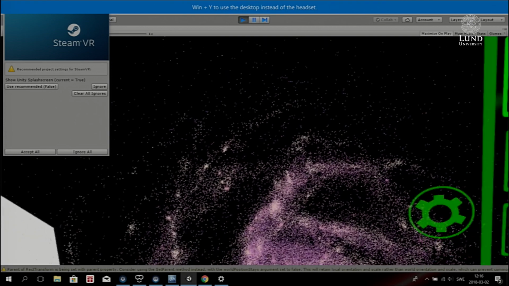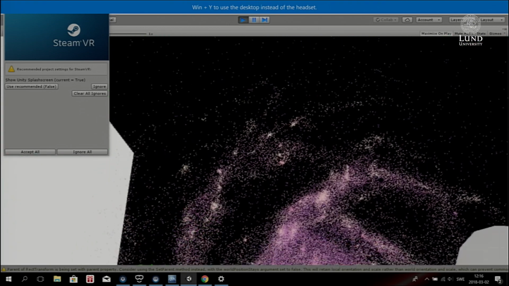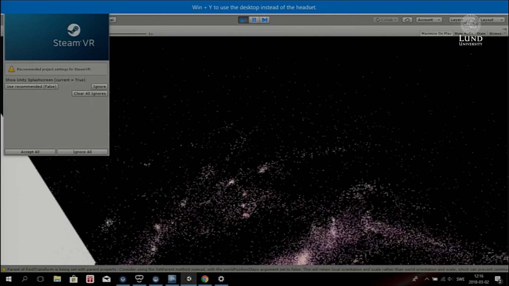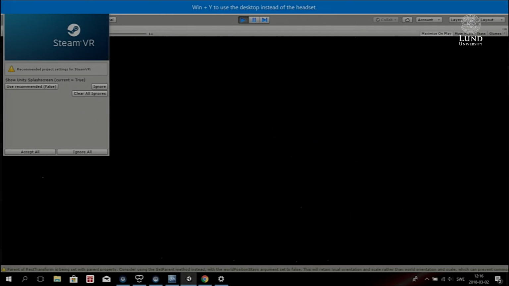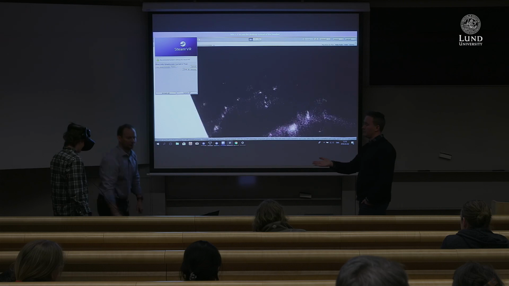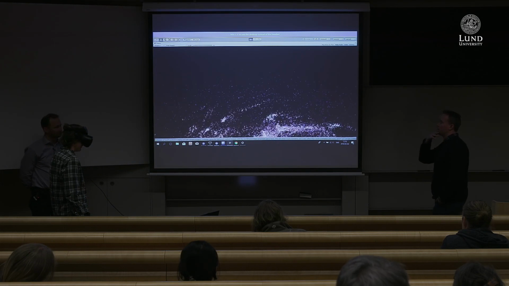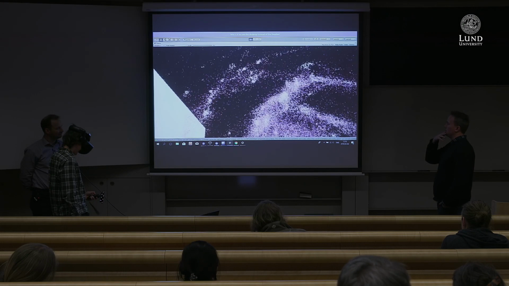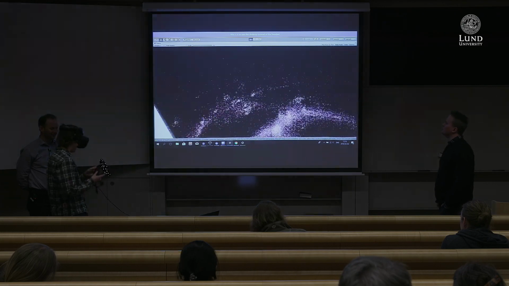Yes. We should say that with this specific headset we have no trackers. If you buy an HTC Vive or these kind of things, then you have these lighthouses tracking the movement. So this is probably okay, but it's not as good tracking, as far as I understand, compared to other things like the Oculus Rift or HTC Vive. Oh no! How do I get out of here? Oh, I have to take it off.